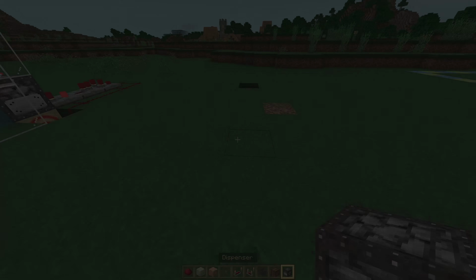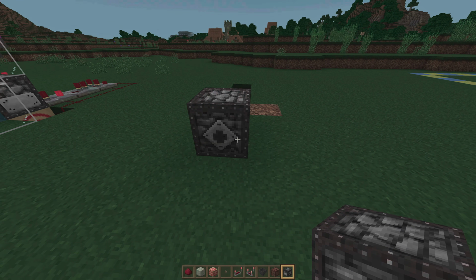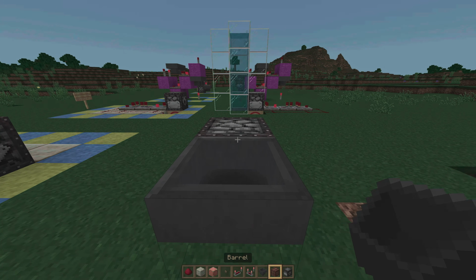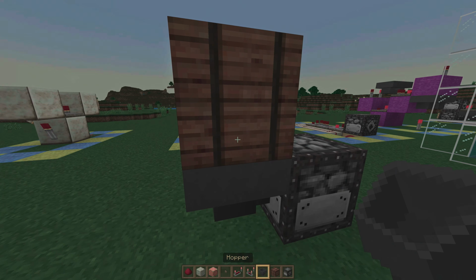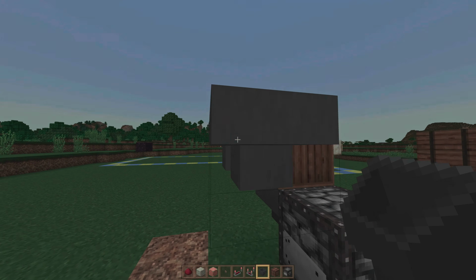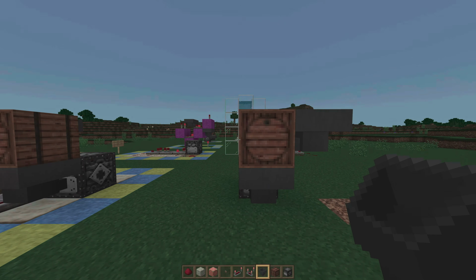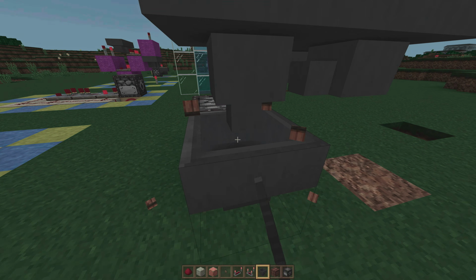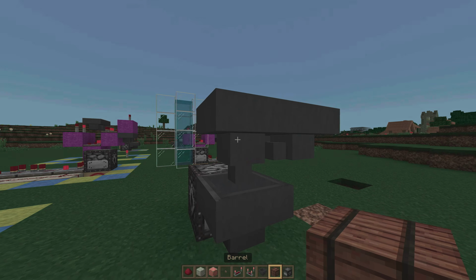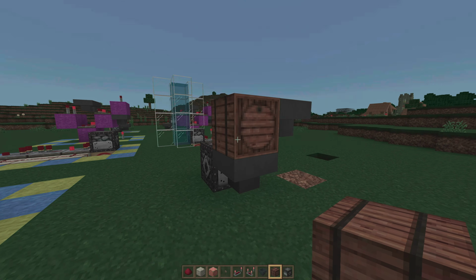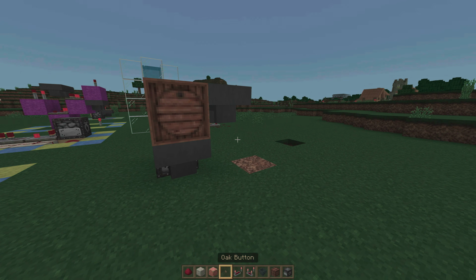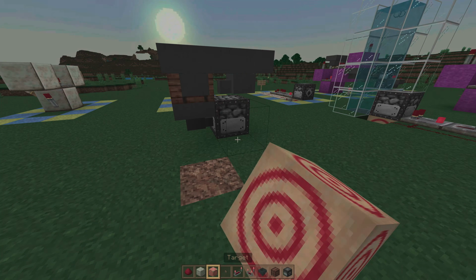The second 3x3 and more compact variant also starts off with a dispenser with a hopper facing into it, a barrel on top, a hopper facing into that, and then another hopper facing into that as so. Alternatively, you could put another hopper here. A barrel just makes it simpler to save on the iron resources, which in early game can be incredibly important.